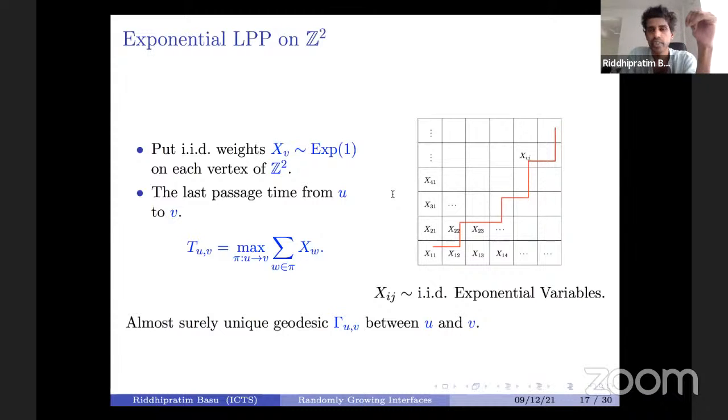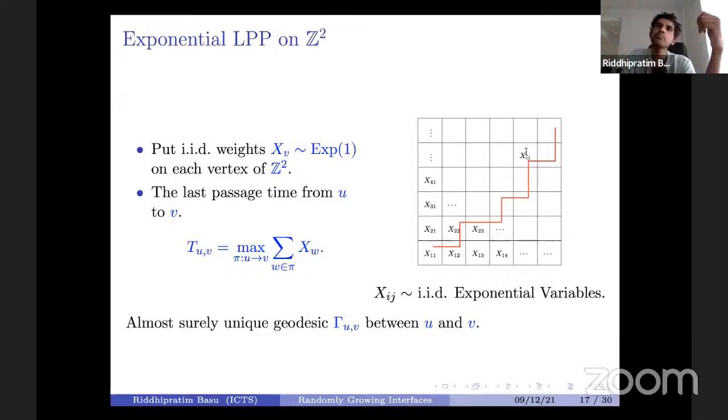It's actually not hard to check. I'm not going to do that check, but it's actually easy to check that in the previous picture. So let's just describe this: 1, 1 to ii. So let's say that I'm looking at the passage time from 1, 1 to ii. The last passage time from 1, 1 to ii is exactly the time it takes for the height at 0 to become I. So the correspondence between this last passage percolation picture and the corner growth model before is